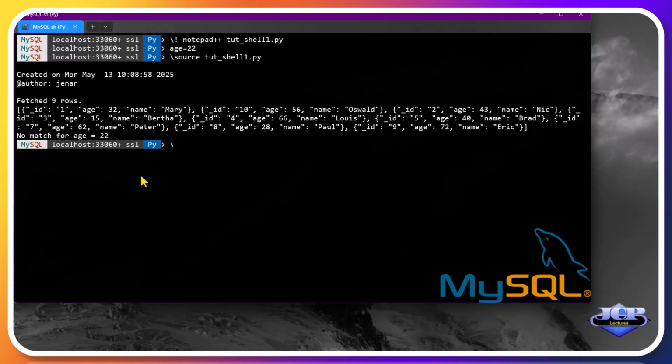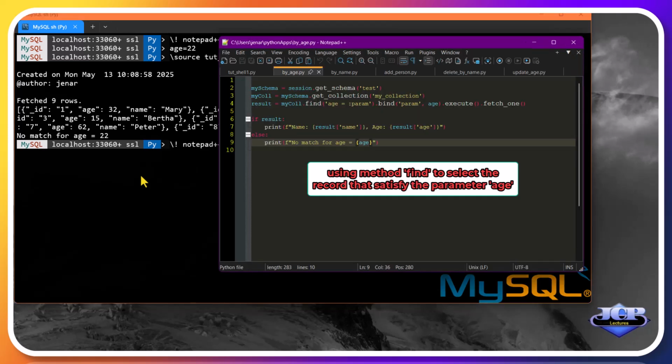In the next step, let's open the script by_age.py. In this case, we store the document that satisfies the age parameter in the result variable, and we display the content if we have one.